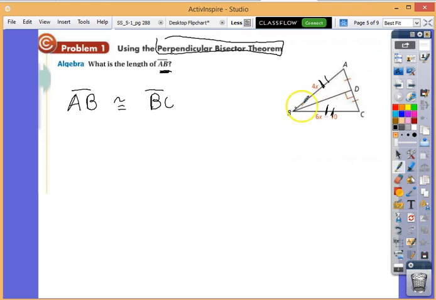If a point lies on the perpendicular bisector, it will be equidistant from the 2 endpoints. So the 2 endpoints were A and C. That means AB and CB are congruent because B is equidistant. Equidistance means same distance. So now that I've set this up, that means that AB is equal to BC, and